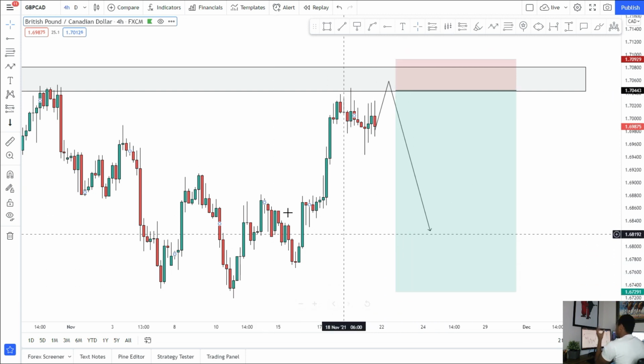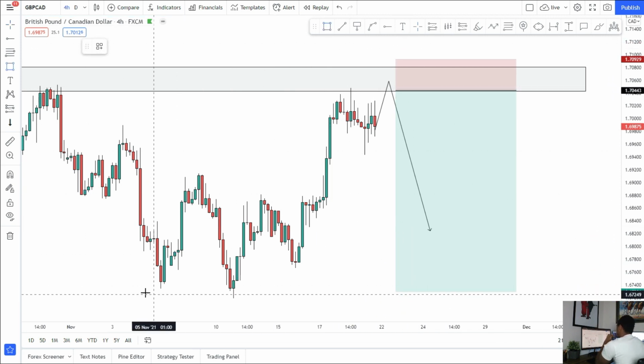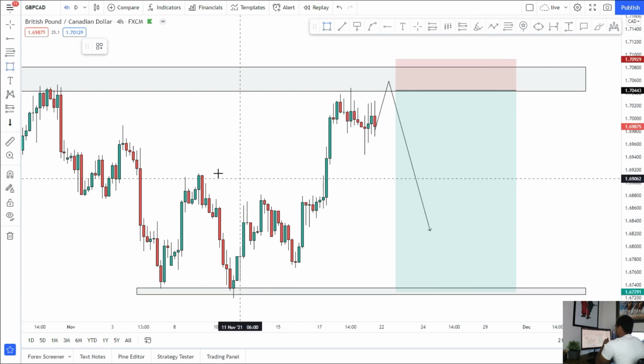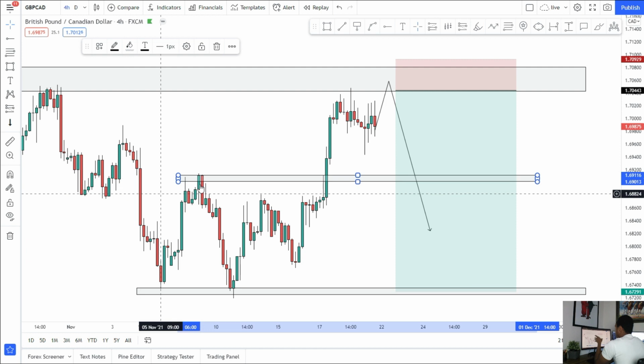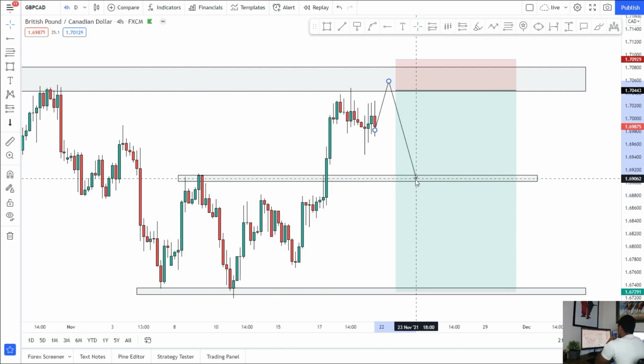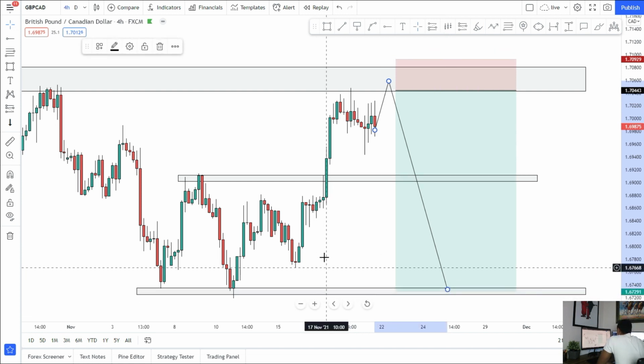push to the lows. Again, like I said, you don't have to target all the way down at these lows if you don't want to. Again, that's more of a swing opportunity, but there's still area here. We broke through this, never came back for the retest. Very, very likely to see price push into this area, so you can look to target that area. But if you want to hold for a swing, there's also a good probability we'll see that move into those lows at